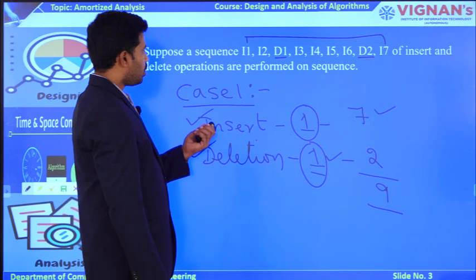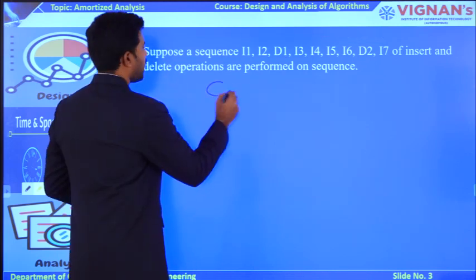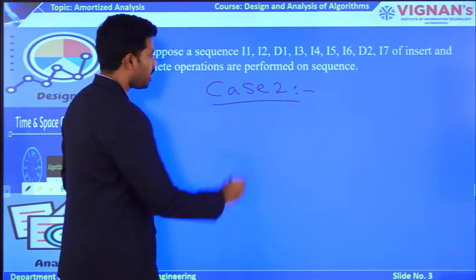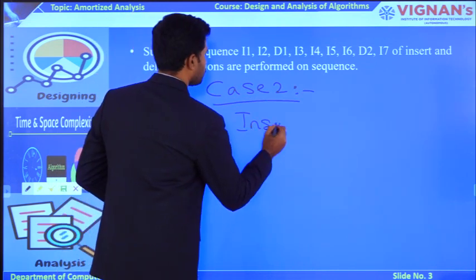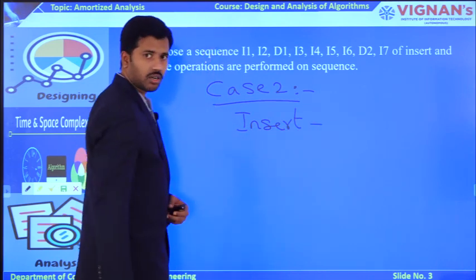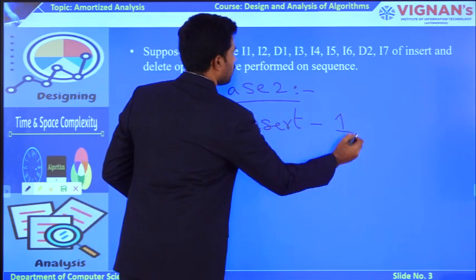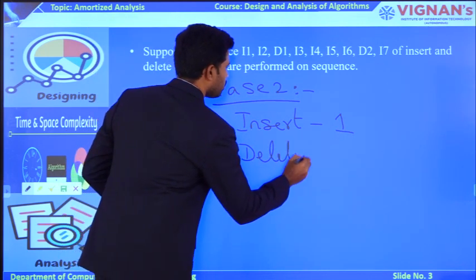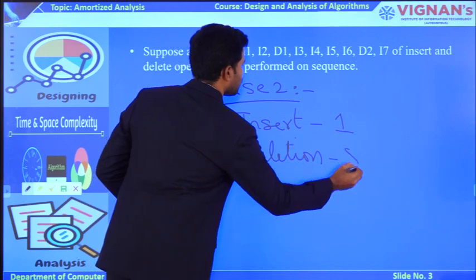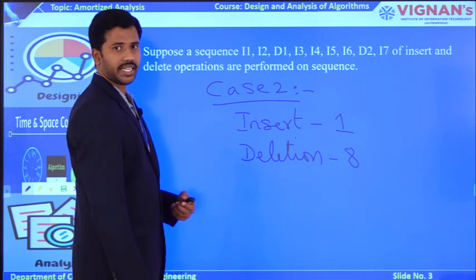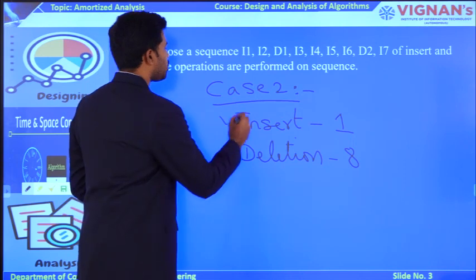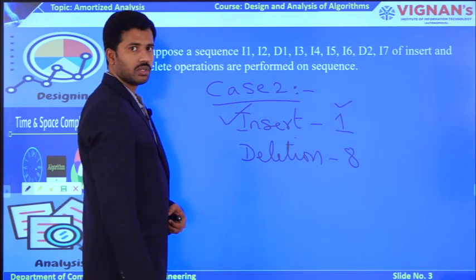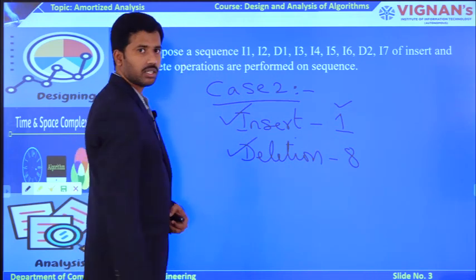Okay. Now, you try to observe the next case. In case number 2, I am assuming that the insertion operation takes only 1 cost, but the deletion operation takes the worst case, 8. So to apply an insertion operation, the cost is going to be only 1, but for the deletion operation, the